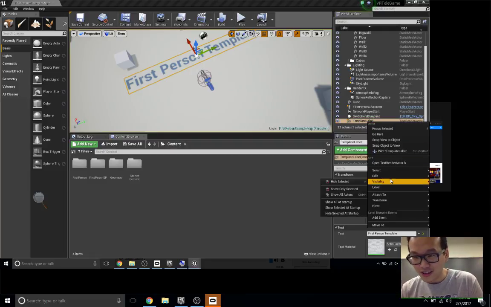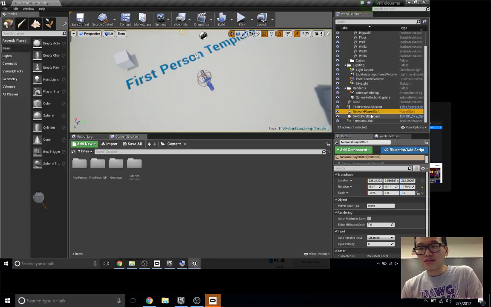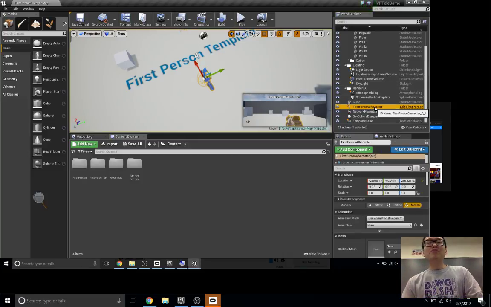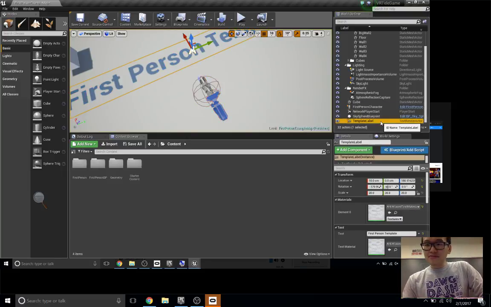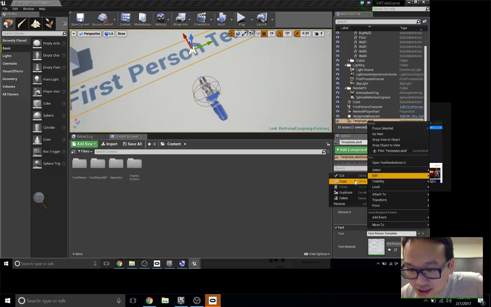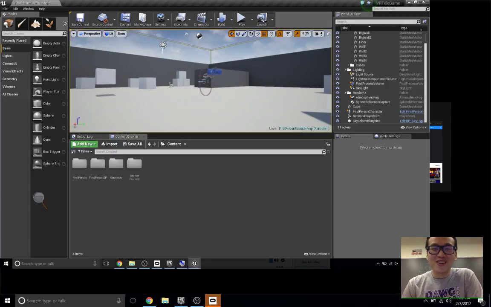Function view. How do you go back from the different view? You double click on any object inside the scene, and it just focuses on the object. Or single click and press F, either way also works. I'm just going to delete this template. You don't have to do it. It kind of bothered me a little bit.